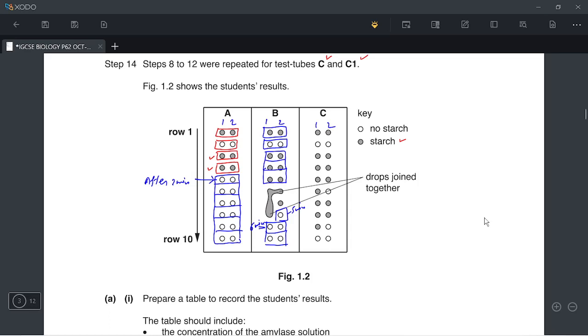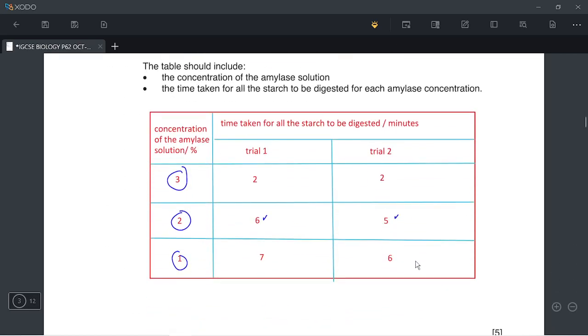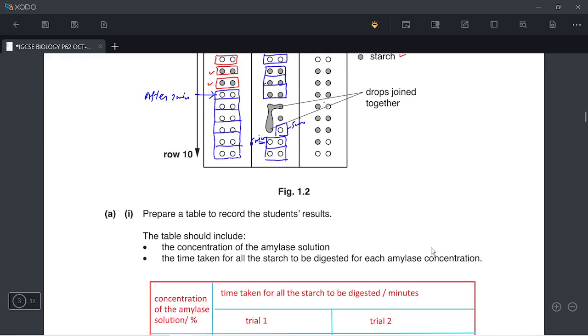So here we find the time taken to digest. Here the starch is digested at what time? 7 minutes. It took 7 minutes. You can see the last row, and the result is this. Here starch is digested. Okay, at 7 minutes